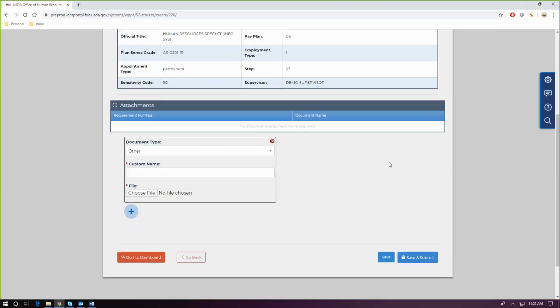Last step of this process is attachments. We have some ability in the system to require certain attachments for particular actions, which is not something we're going to be turning on for this initial rollout, but maybe we do in the future, which is why you see up here the message that no attachments are required. If they were, they'd kind of show up on this table. But you can select from a list of document types,